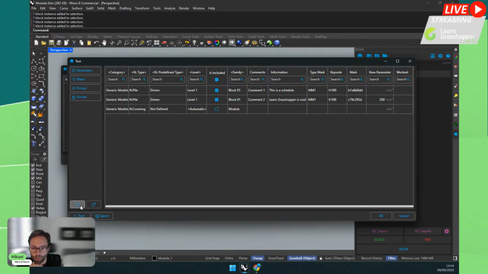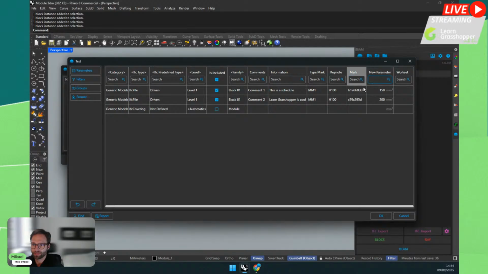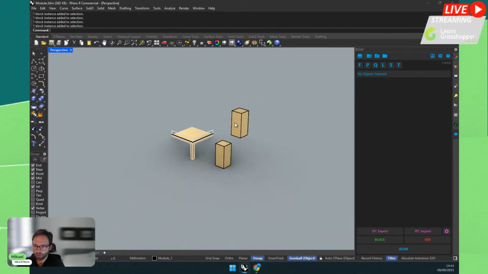Okay, I can go back as well. We have an undo redo functionality. I can see all the values and start modifying them. I can quickly search every header for specific parameter values and all the modifications that you would expect on a table. But not only that, for example, let's add more instances of these blocks so we can have more things to